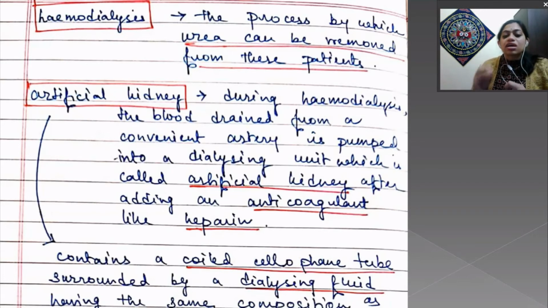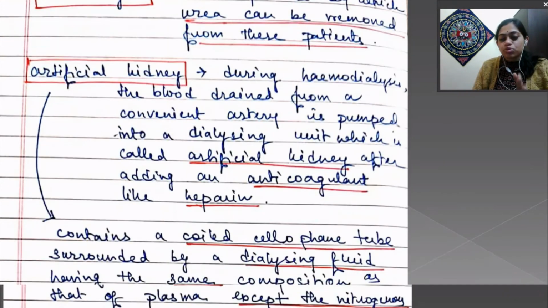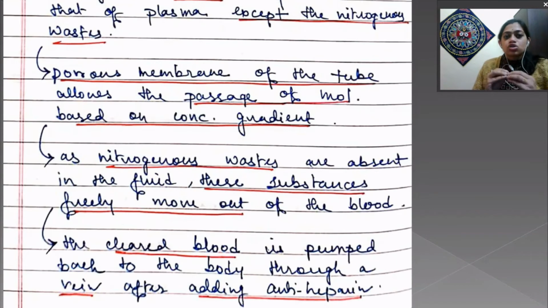Now this artificial kidney contains a coiled cellophane tube and it is surrounded by dialysing fluid. So ये tube के बाहर dialysing fluid रहता है जिसका composition हमारा जो प्लाज्मा होता है उसी से एकदम सेम होता है except the nitrogen waste. So जो डायलिसिंग फ्लूइड है इसमें प्लाज्मा के सेम कंपोजिशन होता है लेकिन नाइट्रोजन वेस्ट नहीं होता. So जो सेलोफेन ट्यूब है उसके जो पोरस मेम्ब्रेन्स होते हैं of the tube allow the passage of molecules based